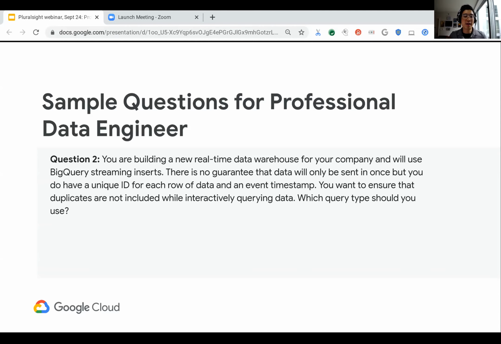Sure. So again, keep in mind one of my earlier statements where I mentioned it's always talking about business scenarios or end user scenarios and looking at it from that lens. So the question here is looking at a real-time data warehouse where it looks like the incoming data will be delivered in an at least once delivery paradigm, which means that you cannot control necessarily how many times the original source system is going to send the data, or likewise, how often the particular message bus is going to be delivering that to the end subscriber of that data before you put it into your data warehouse.